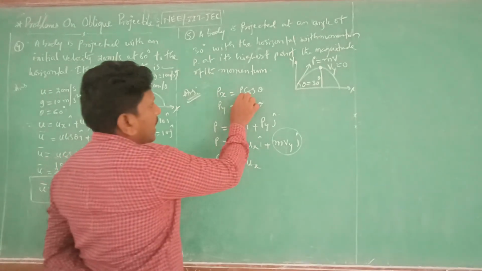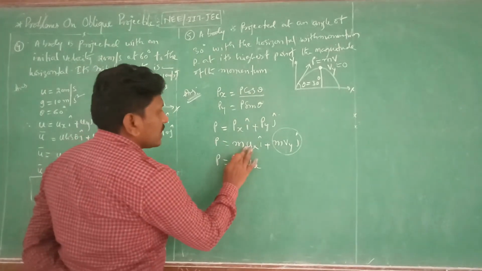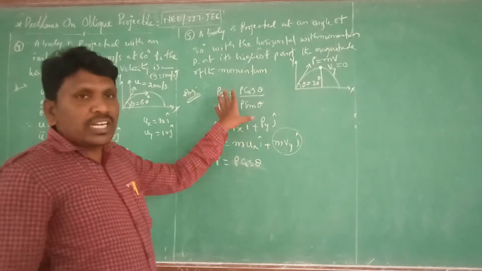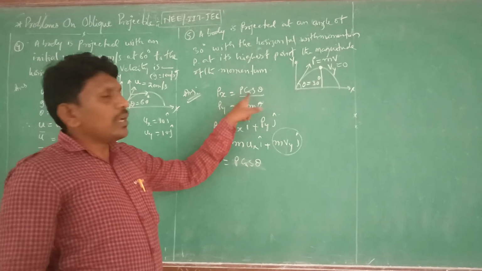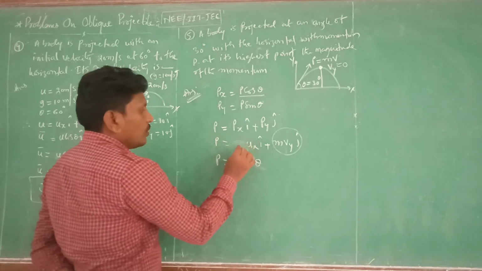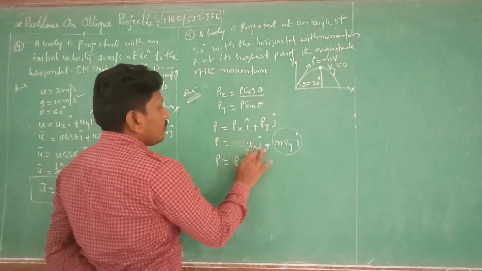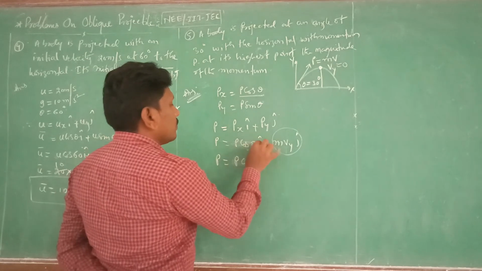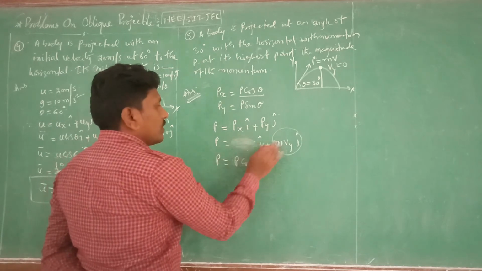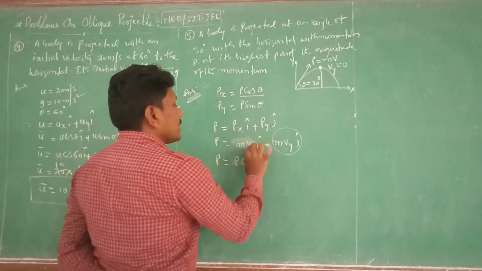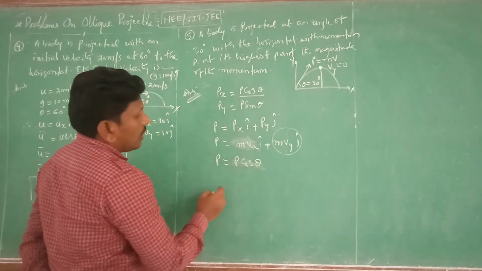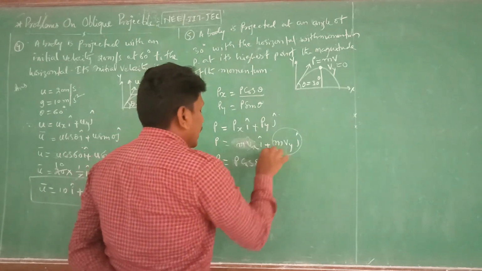Here we can write px is equal to p cos theta. We are just writing the components. This is the momentum along the x component, that is p cos theta. And the py term, p sin theta, is 0, otherwise we can write it as m into ux. So here this is i cap and this is i cap.